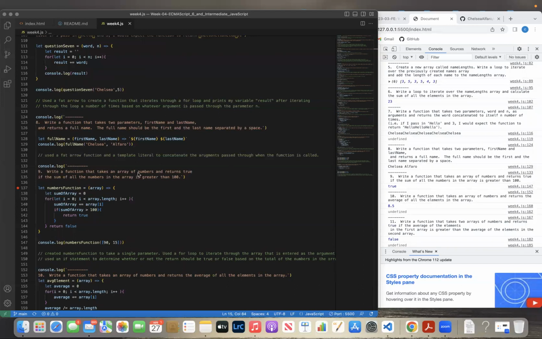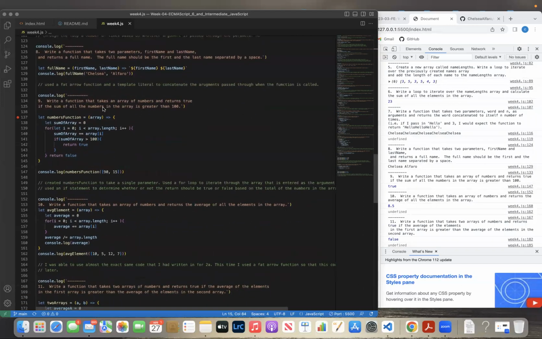It's right here. 9, write a function that takes an array of numbers and returns true if the sum of all the numbers in the array is greater than 100. So this is my function, numbers function. I wrote array for my parameter to remind myself that it's an array that I need to pass in there. Used a fat arrow function